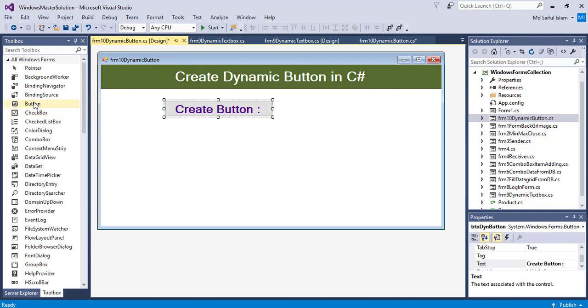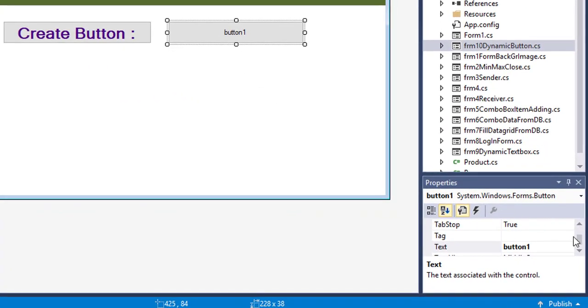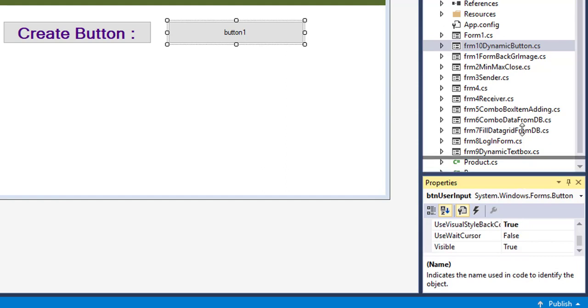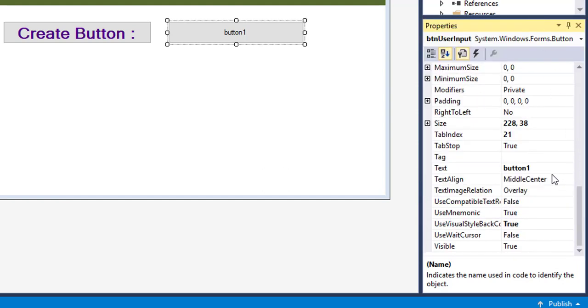I will take a button from the toolbox. I will design it. Input text: press here to input.